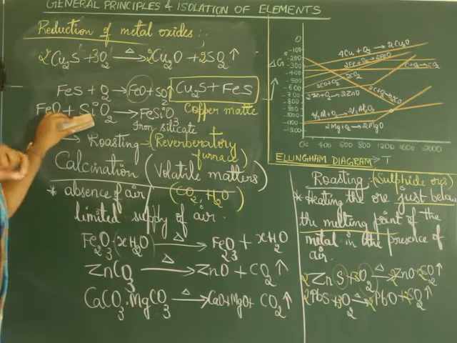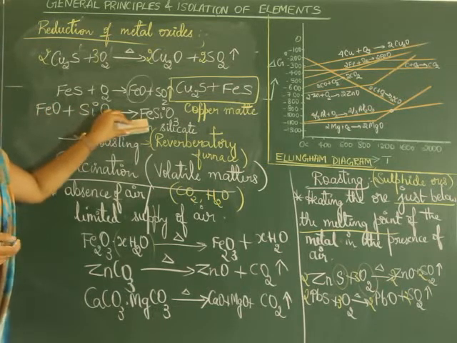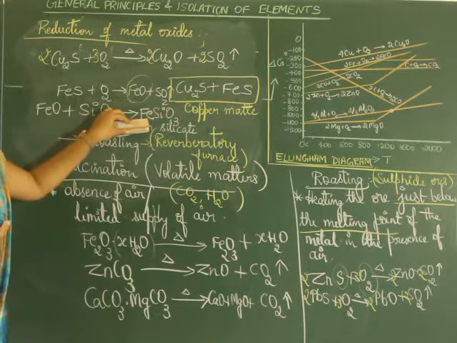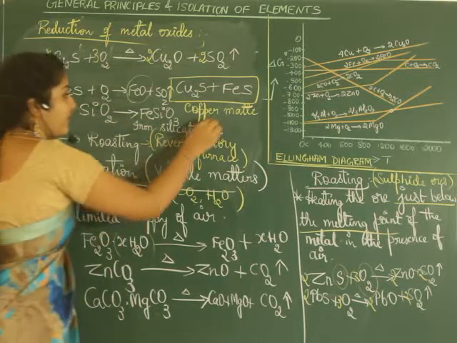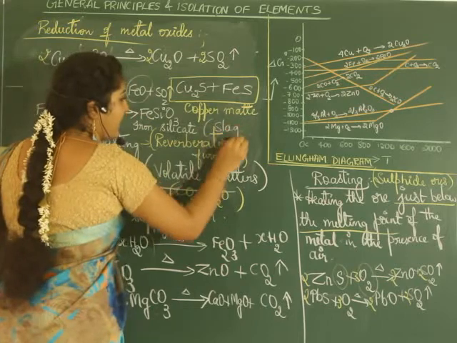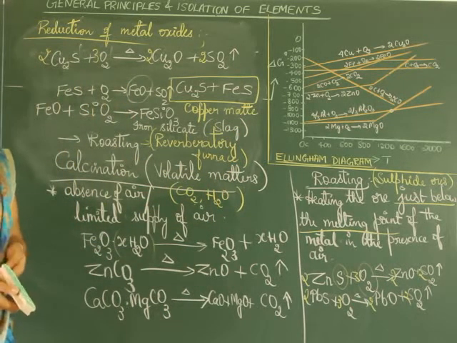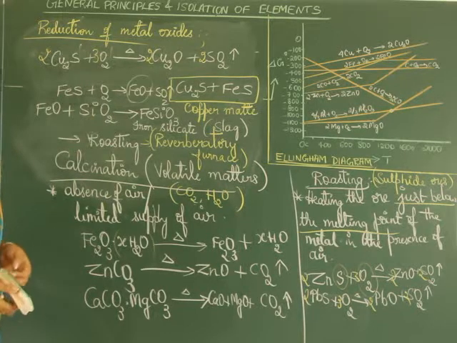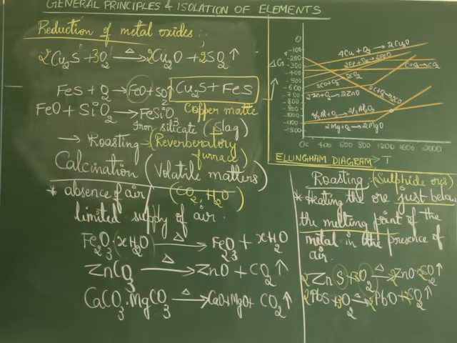Silica is purposely added. Why is it purposely added? To remove the impurity. This substance which we add is called flux. And the flux and impurity together, we call it slag, S-L-A-G. So sometimes they ask, which is the slag separated in the extraction of copper? We say iron silicate is the slag that is separated. So hope till here it's clear.